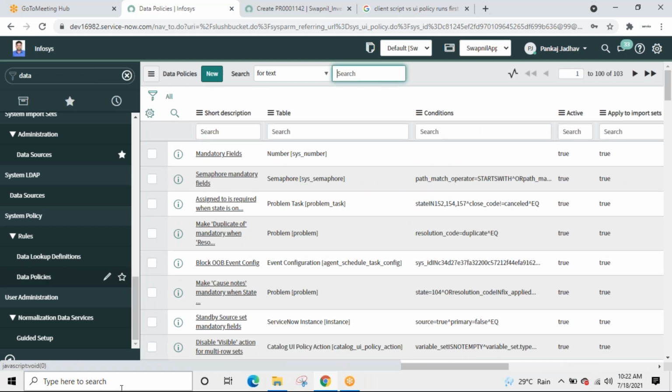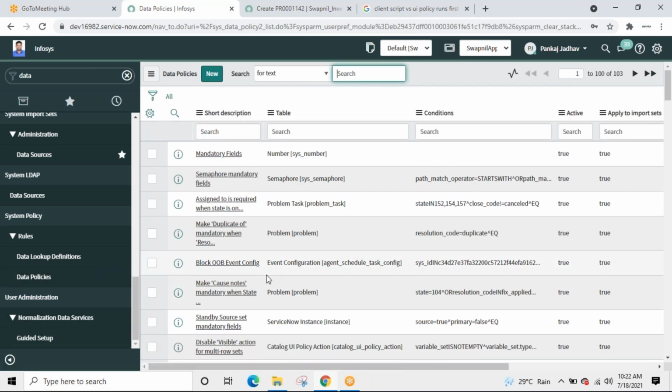Now, what is a data policy and what is the difference between data policy and UI policy? Whenever I use a form to do something like what we did recently, I changed a value from the drop down and the field was set to be hidden. It was made mandatory.